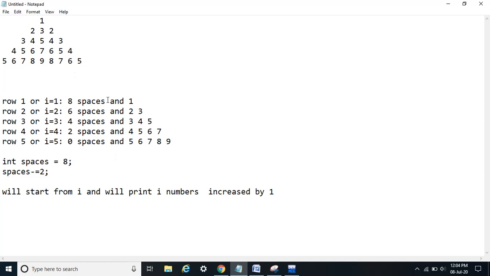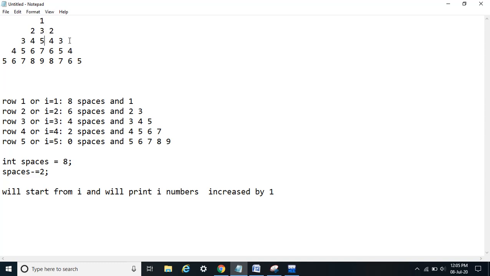So if you observe what happens for each row, after I have reached this maximum value here, like 1, 3, 5, 7 and 9, again the value of C will decrease by 1, and this time I need I minus 1 values. So after this point in row 1 I need 0 numbers, that is 1 minus 1, that is 0. After this point in second row I need 1 number, that is 2 minus 1.